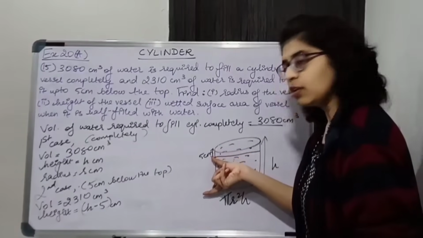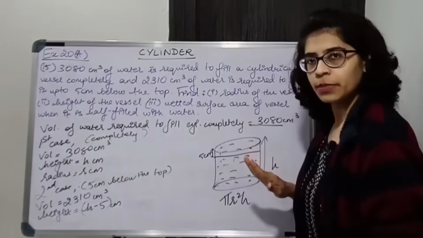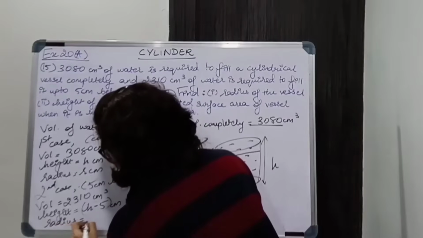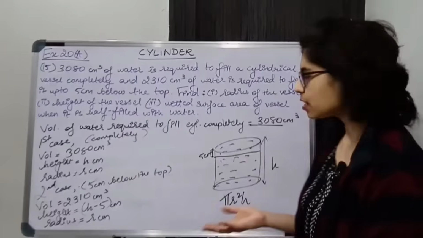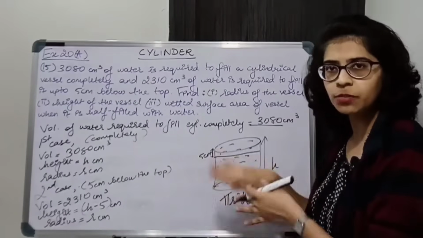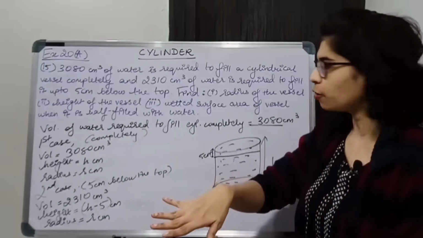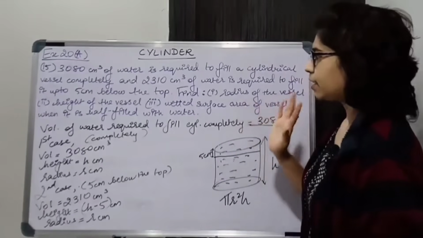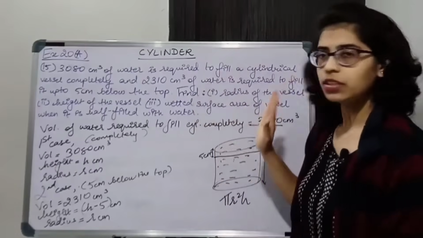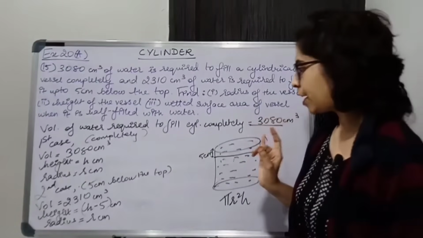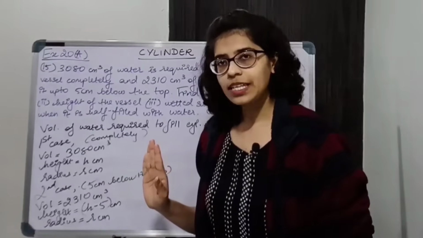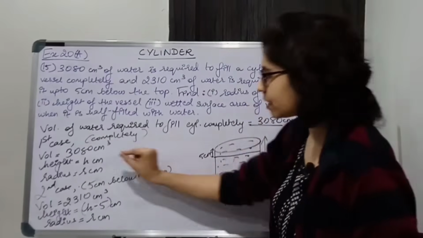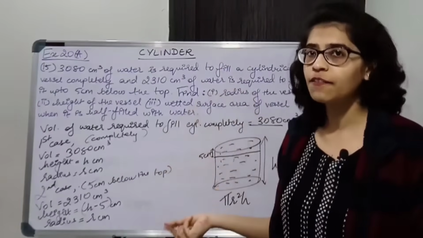Okay, 5 centimeter below the height of the cylinder. So 5 is subtracted from h. Radius will remain the same. In the second case if you are filling the water, it is occupying the same amount of circumference, the same area in the circular part. So radius is same. Now we have to find the radius of the vessel, height of the vessel first. We'll come to the third part later on. So radius is r over here and height in both cases is given. First case completely filled, that is h centimeter, and second case h minus 5 centimeter.